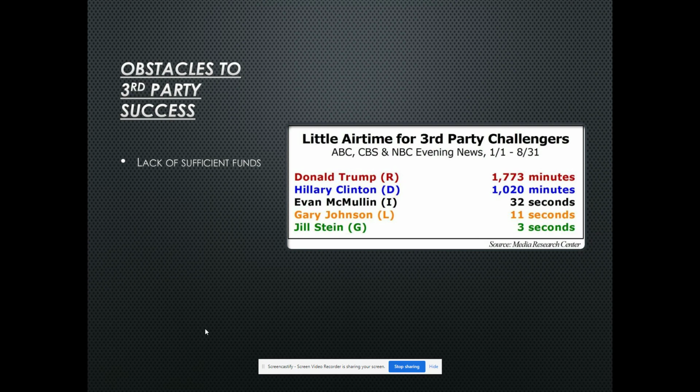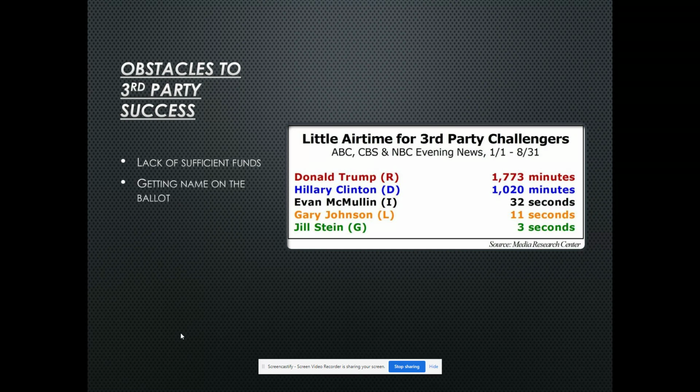You have them raising over $1 billion combined, and then you have Libertarian candidate Gary Johnson raising $11 million in 2016. Dr. Jill Stein, the Green Party candidate, raising $3 million. $3 million can't compete with $600 million, which is what Hillary Clinton had. So they never have enough money. In other countries, they'll say, okay, you don't have to raise money from private people. The government's going to give every candidate an equal amount of cash, 5 weeks to campaign, go. That would certainly help third parties in the United States, but that's not our system.